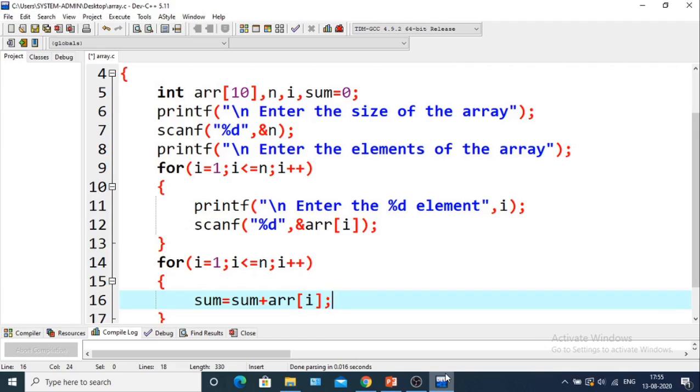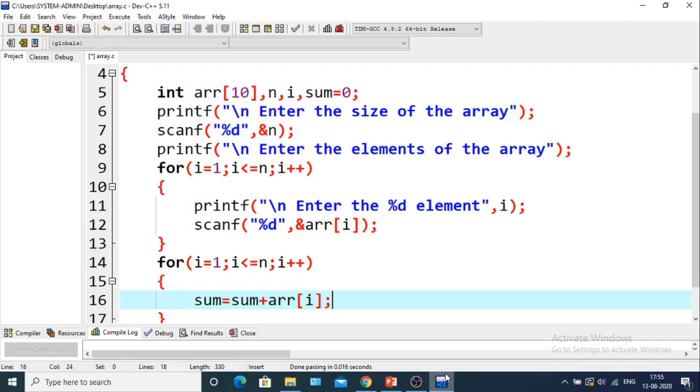So when the value of i is 1, the new value of sum will be the old value plus arr1. That means the new value of sum will be 0 plus the value of arr1. So now the sum consists of the value of arr1.